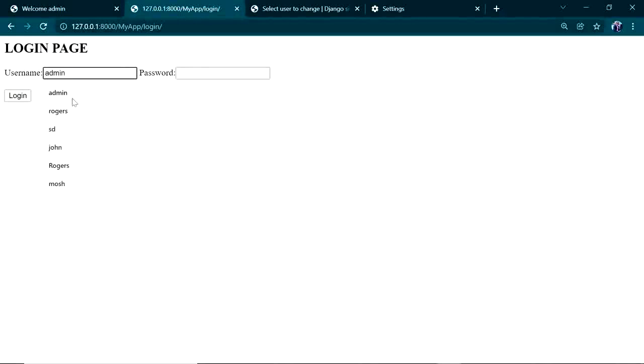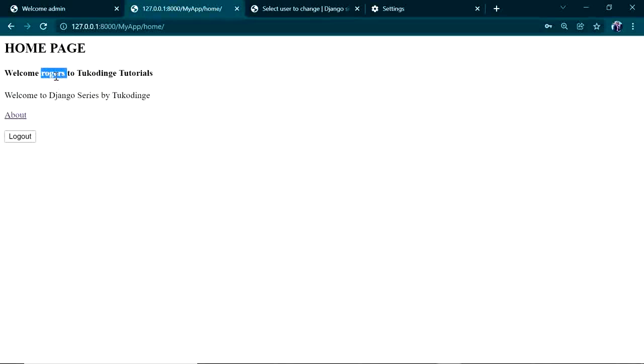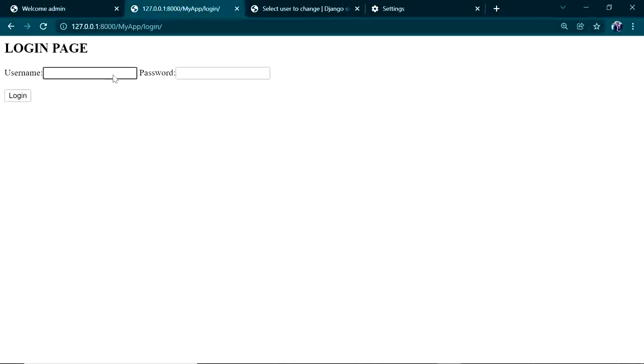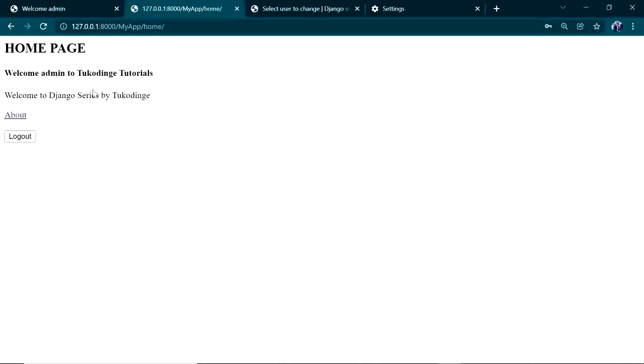Okay, so we test this with Rogers, tocoding123?, login, welcome Rogers, then log out. You see, so now it takes us to login properly. So perfect. So we have a working authenticated user application, and now let me show you how to do some bit of styling